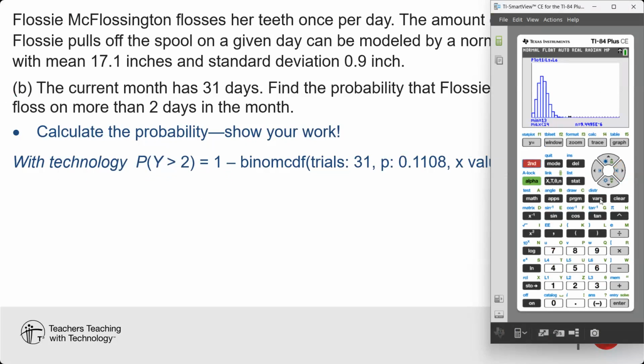So in the calculator menu, we'd go to second vars and look for binomial cumulative. I did it again. Hit enter too quickly. Second vars, binom. Just hit enter once. There were 31 trials with a 0.1108 probability of success on each trial. We want the probability that Y is greater than 2. Well, the calculator does probability that Y is less than or equal to a certain value. So if I do this, that's not the right answer. But if I subtract 1 minus that answer, that is the correct answer, 0.6829, the one we got